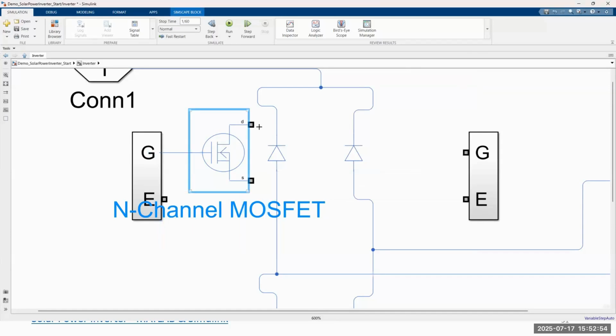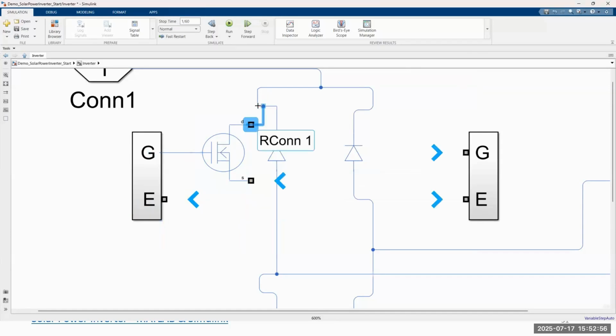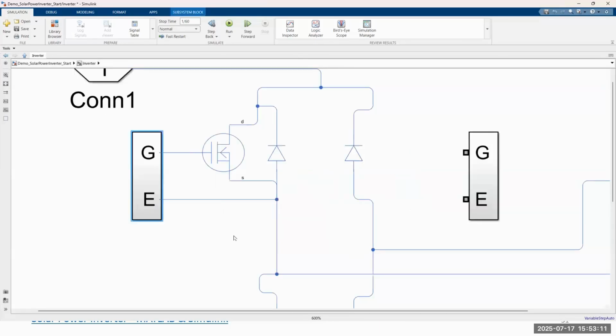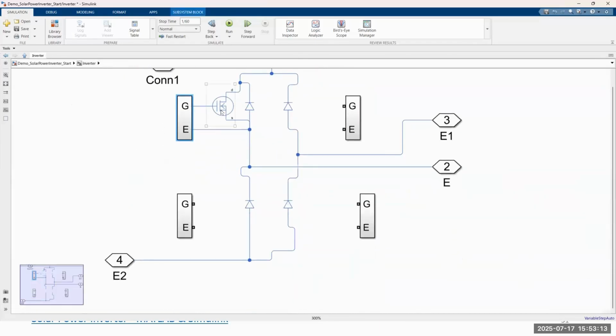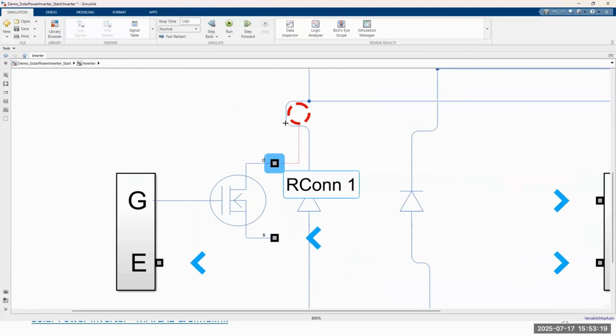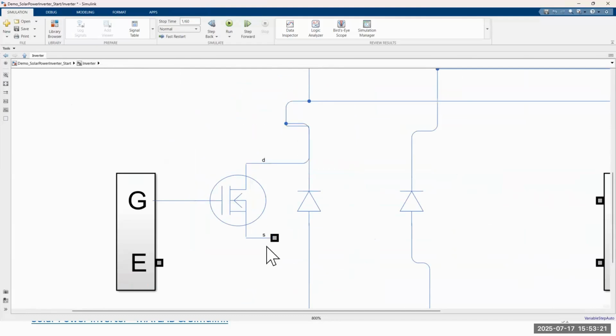So we just connect this one to the gate, and then the drain, for example, and then the source, and in this case, the emitter. Internally, there's a driver already that we have provided. These are also Simscape Electrical components in this case. So let's just add the MOSFETs to drive this model. Let me just show you this one.